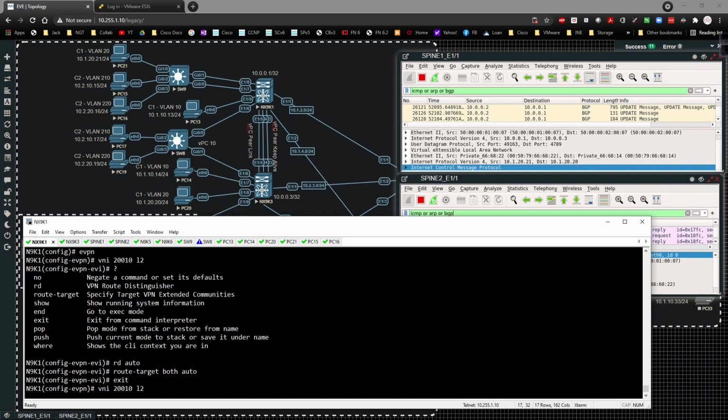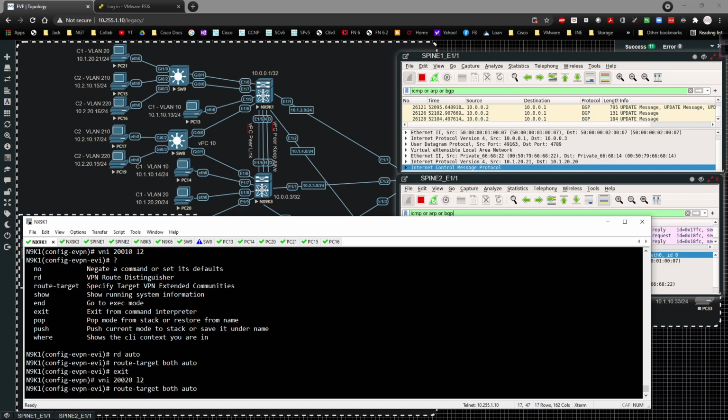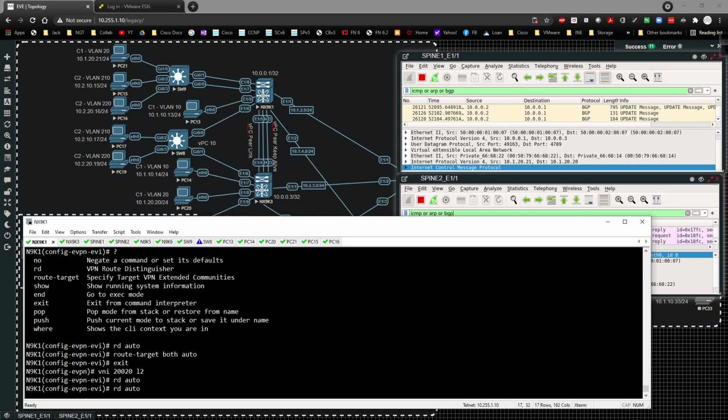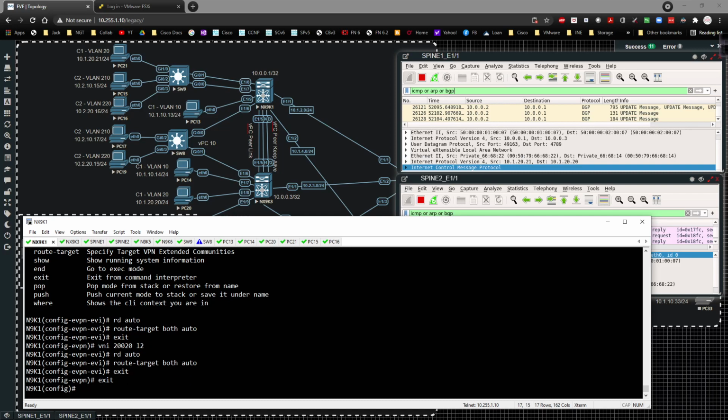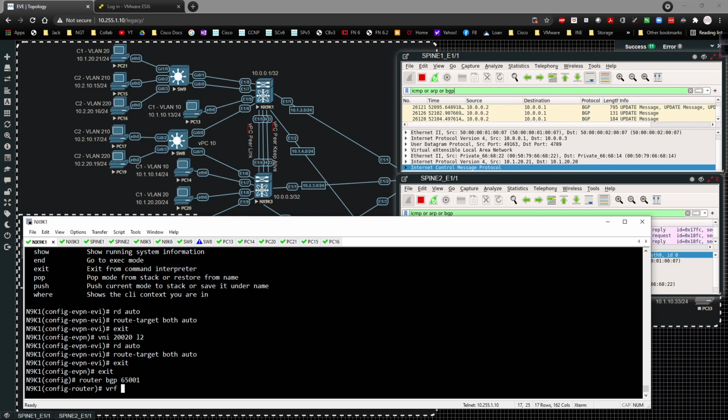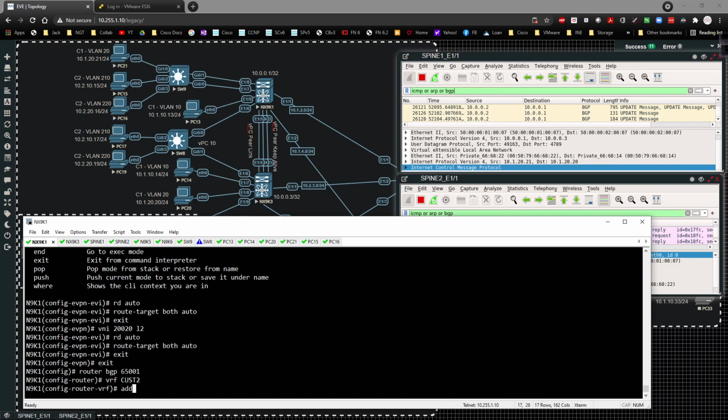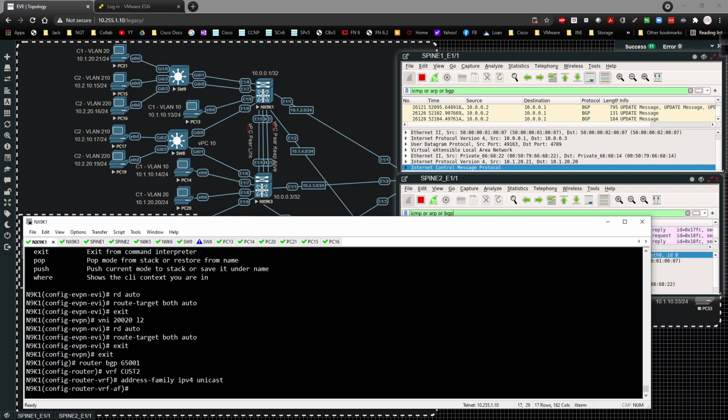We will go do this one here. RD will be auto. Route target will be auto. Get rid of that. So now we've got all that squared away. Then it'll be router BGP 65001, VRF cus2, address family IPv4 unicast, and then we're going to go ahead and